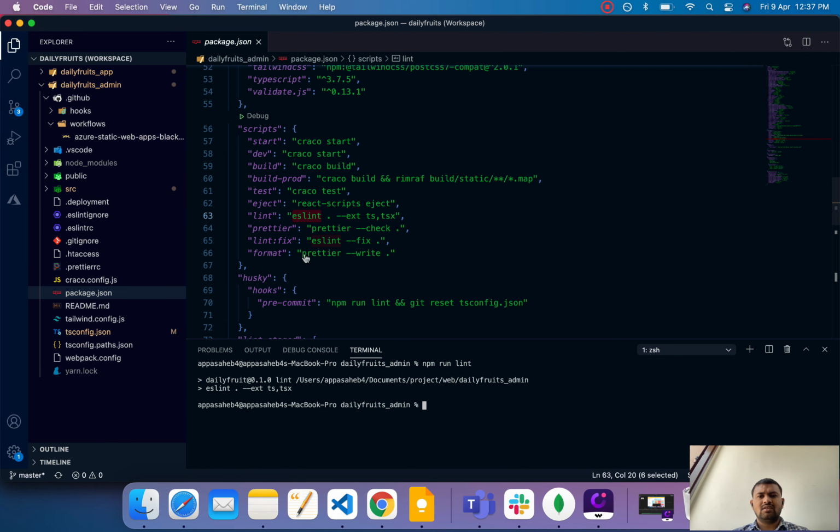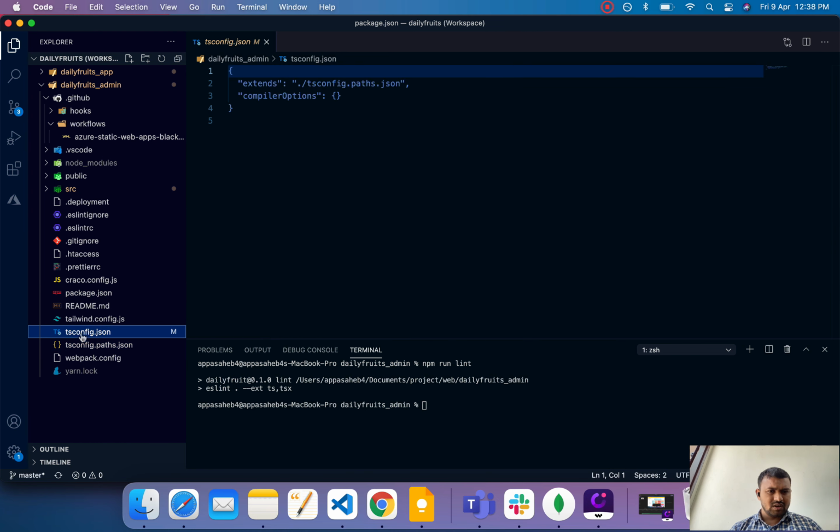So I hope you understand how to deploy your project, how to set up the static website configuration, and that routing is also very important. Then your site is always running. When you change your site, tsconfig is very important.